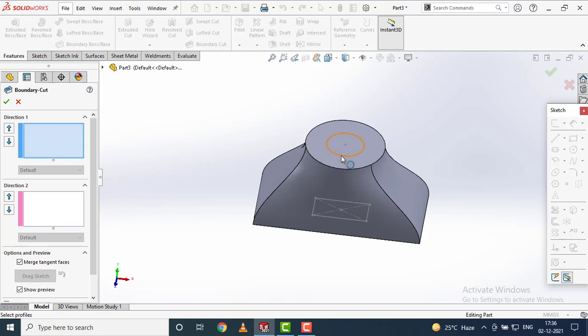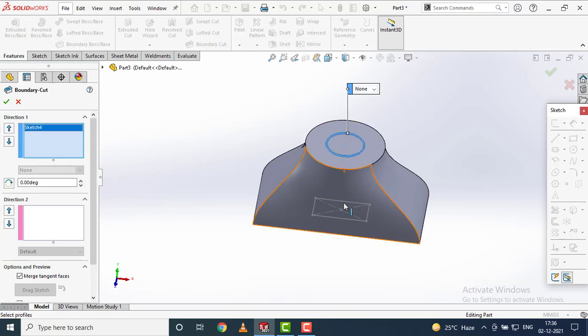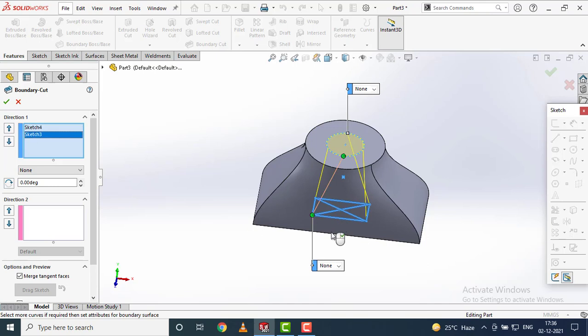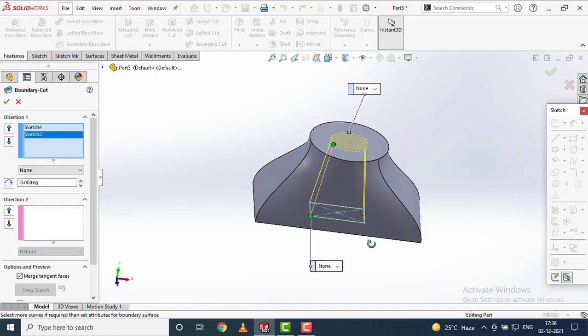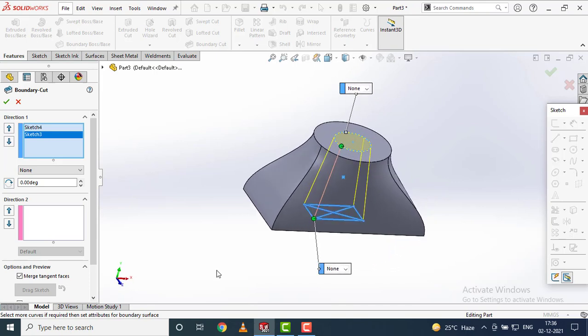In direction, we will select these two sketches. Again take care of twisting, make this green dot align like this. Again, if you want the end tangency in this, you can select this.